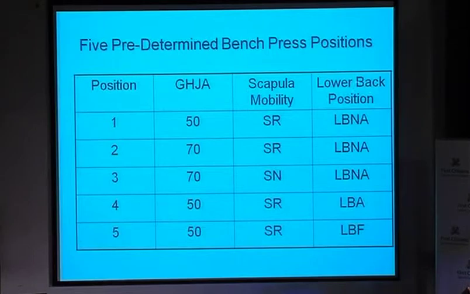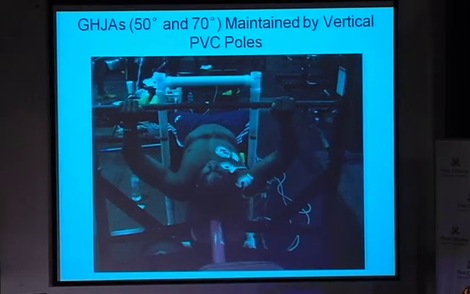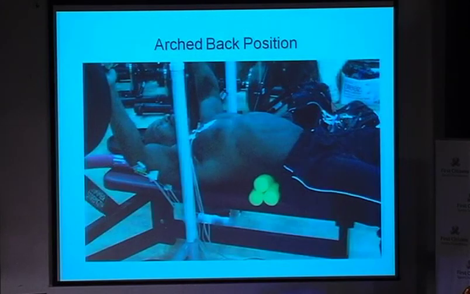To investigate lower back orientation, we looked at positions 1, 4, and 5. We fixed glenohumeral joint angles at 50 degrees. We fixed scapular mobility using the pool noodle, SR, for 1, 4, and 5. And we looked at 3 lower back orientations: naturally arched, and flat. We maintained glenohumeral joint angles at 50 and 70 degrees by using vertical PVC poles. So when the medial part of the upper arm is slightly brushing against those PVC poles, the angles will be maintained and controlled. Over here, we see the